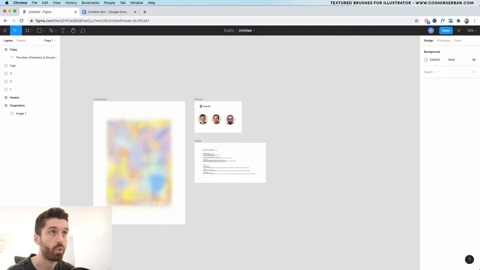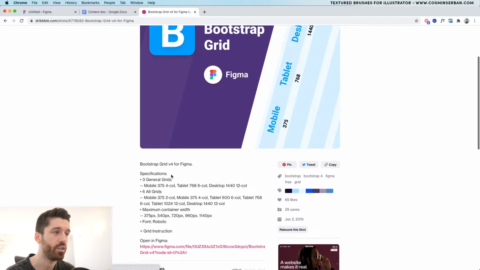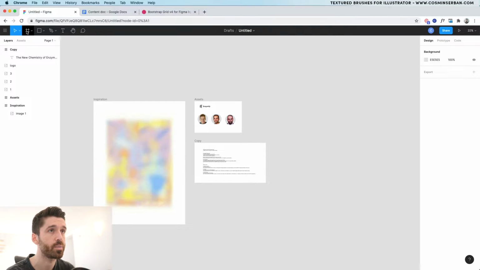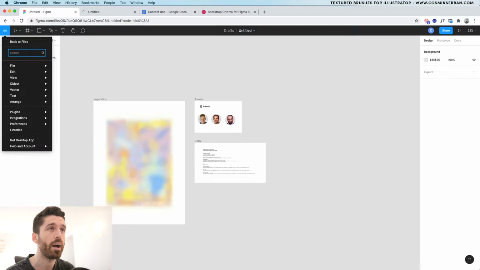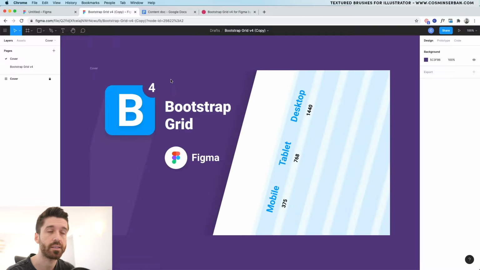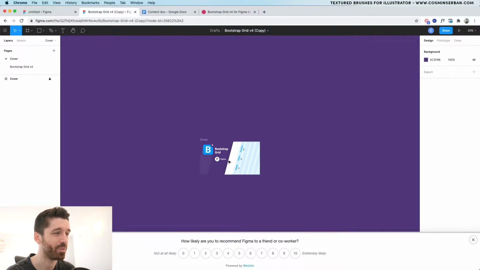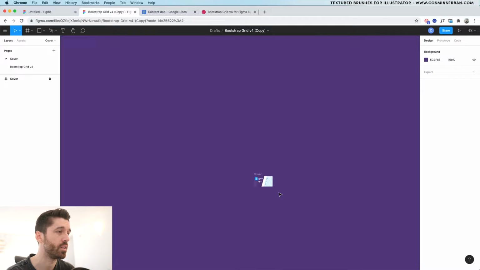Now for the actual frame where I'm going to place and design this homepage, I'm going to try and use a grid. I'm going to use a Bootstrap grid for Figma. It's been created by Victor Shishko and you can download it for free. You can open it up and save it there on your own workspace. So I did just that. Let me go back to my files and I'm going to copy a frame from there just because I'm going to use that as reference. I don't want to go through the whole process of designing a whole grid from scratch. I'm just going to use these ones.